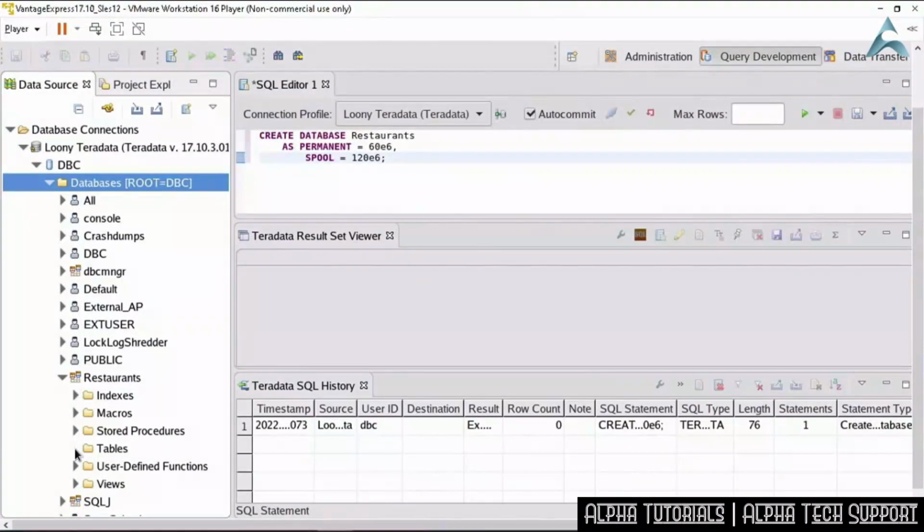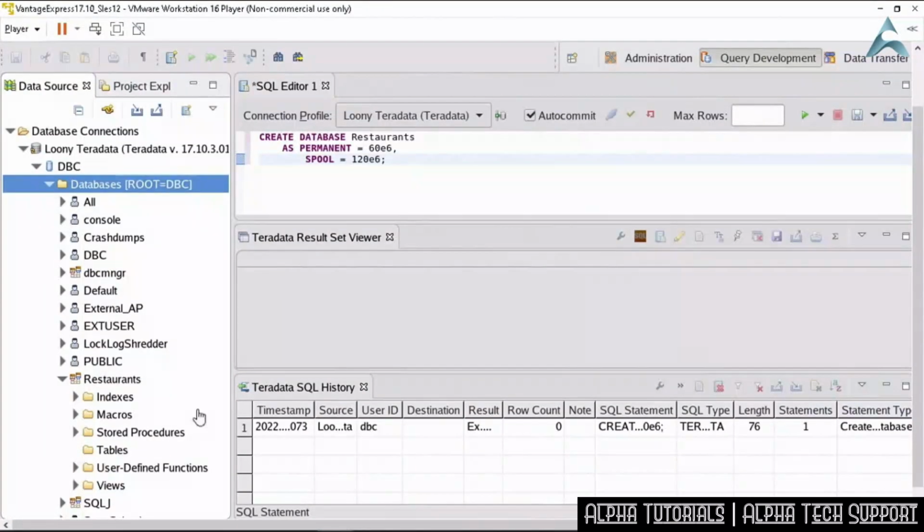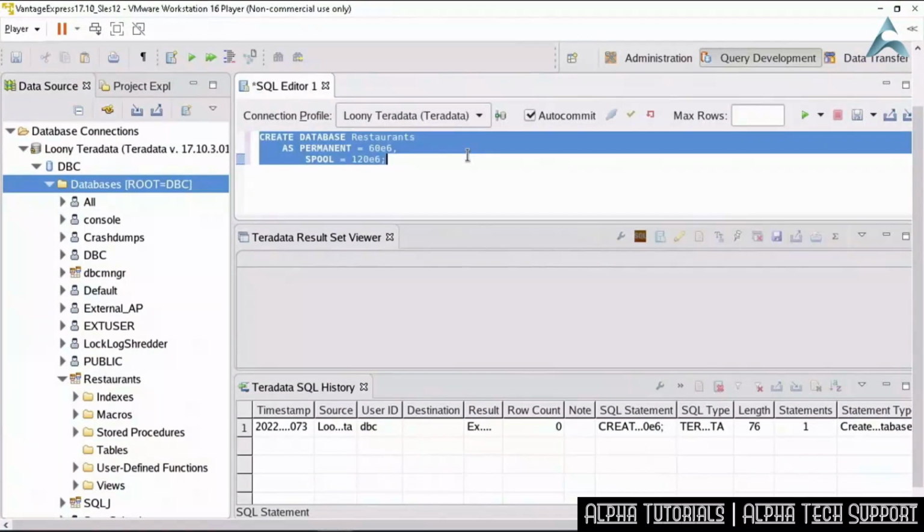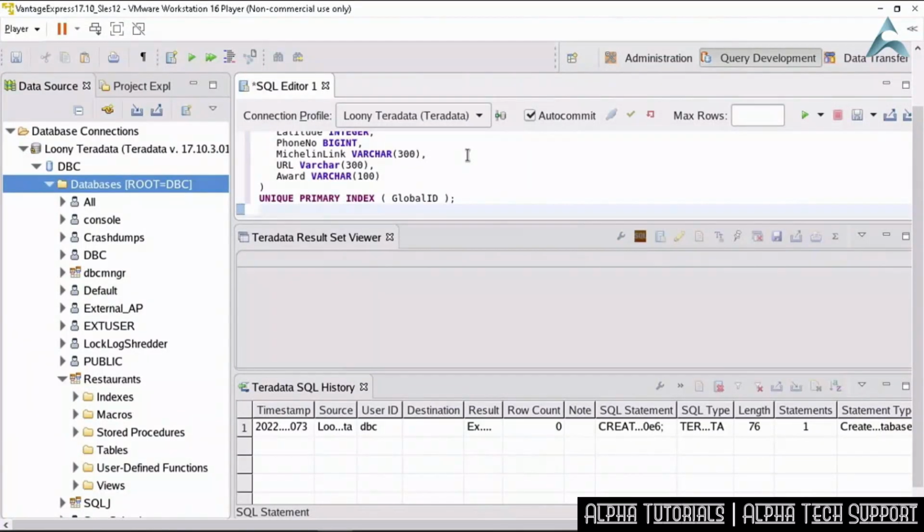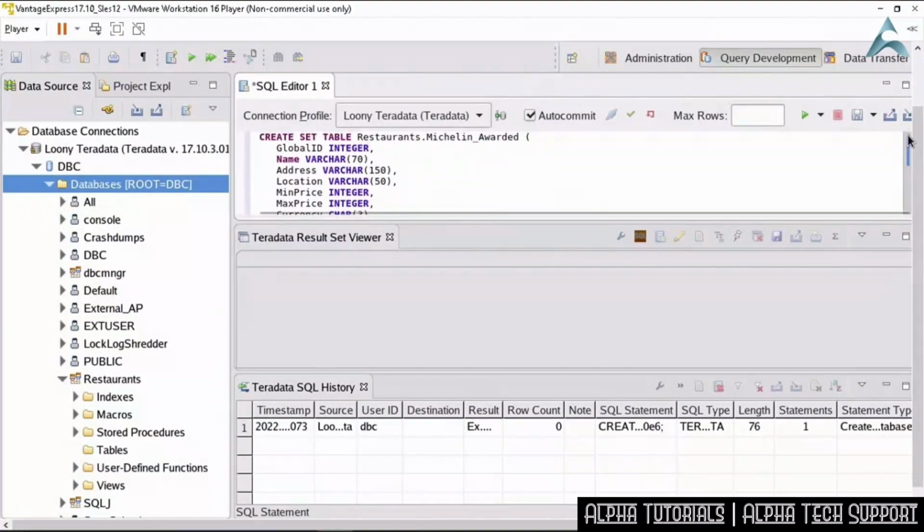Let's continue building upon the restaurants database which we created in the previous video, and as you can imagine, this is one which we will use in order to store details about various restaurants, and those will be stored in a new table which we are about to create. Let me just paste in the query for that, and I'll just scroll up where you can see exactly what